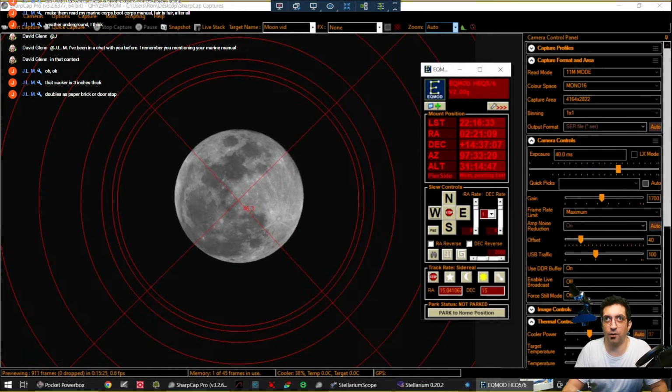That sucker is 3 inches thick, doubles as a paper brick doorstop. Oh, Jillem, I've been in a chat with you before. I remember you mentioning your marine manual. Oh, that's what's 3 inches thick. All right, so